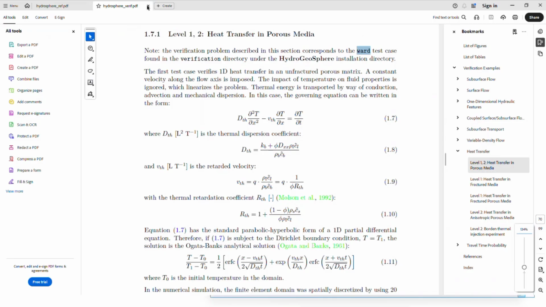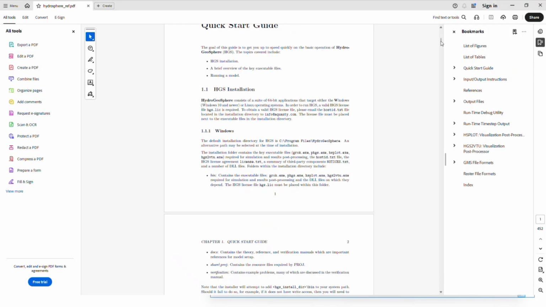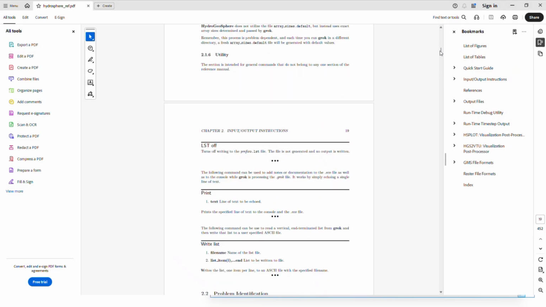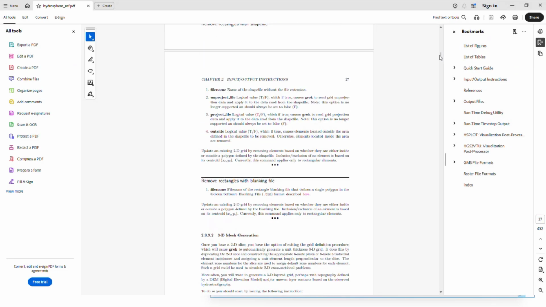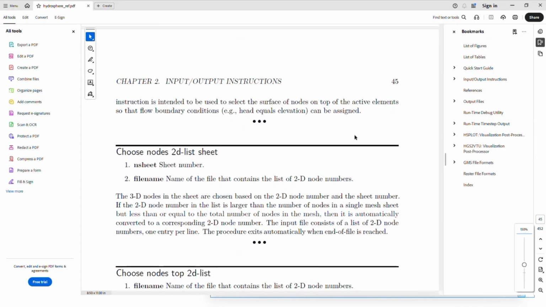The last manual is potentially the most important manual for a new HydroGeoSphere user, our reference manual. It's also the longest. It's over 450 pages at this point. You definitely do not need to read this entire manual front to back, but if we do a quick scroll through the manual, you will start to see that the manual just basically consists of page after page after page